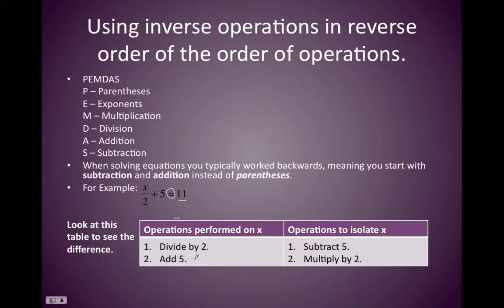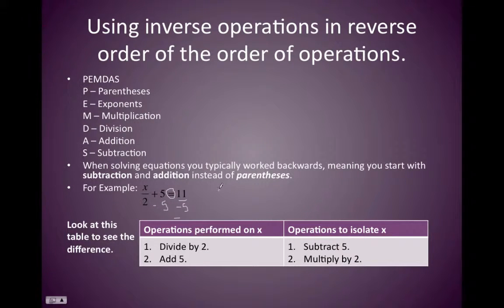Notice it says add 5 here. Right here we say subtract 5. Divide by 2, we're going to multiply by 2. So we're going to do the inverse operations, and then we're also going to do them in reverse order. Look, we got divide by 2, add 5. Well, now we're going to subtract, to actually solve for x and isolate, we're going to subtract by 5 and then multiply by 2. So if I go to solve this equation, I subtract 5 from each side,